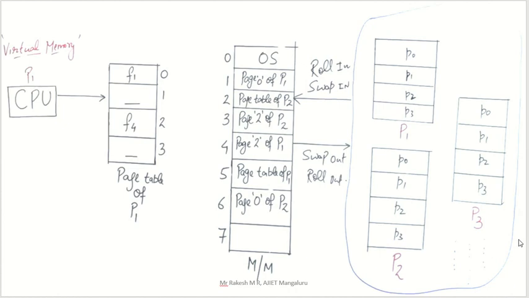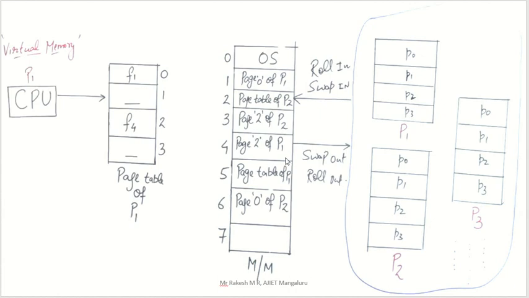Now many processes are there in your secondary memory, but we have to take many processes inside your main memory for execution purposes. You know that all processes come to your main memory, and whatever is there in your main memory, only that executes in the CPU. Secondary memory data is not executed, so in order to execute anything in the CPU we need that data in main memory. That is the concept here.